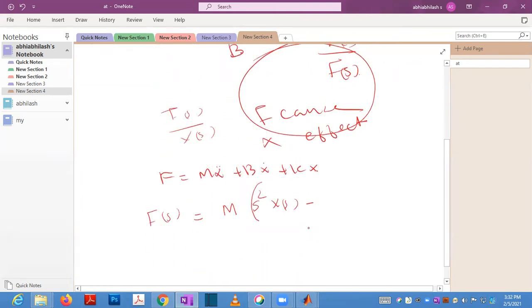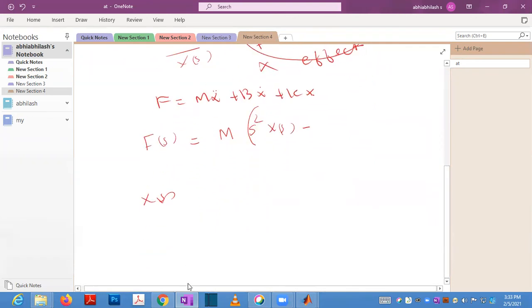Laplace transform will contain those values, but if you are deriving the transfer function, you can neglect those things. And x of s to f of s will be 1 by m s square plus b s plus k.